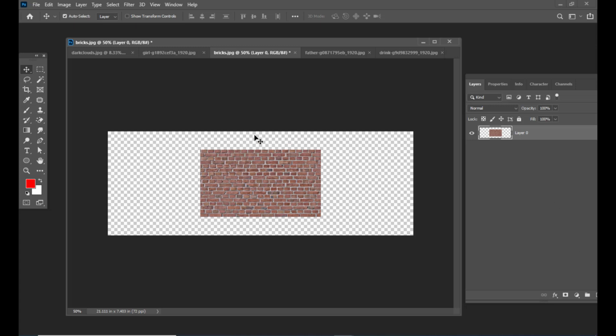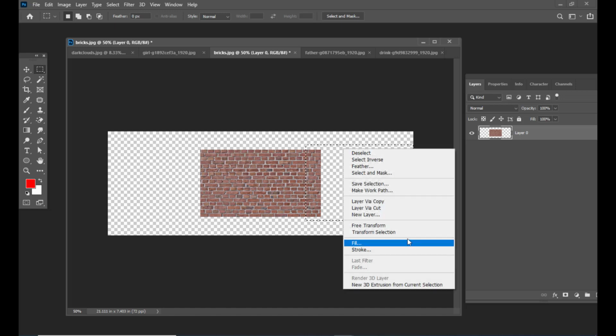It's very easy. How we can do it is, I'm going to select the rectangular marquee tool and draw a selection starting from this bricks image to the end of this document.